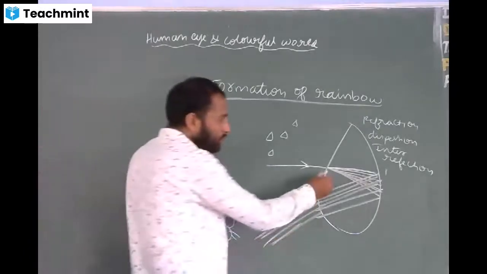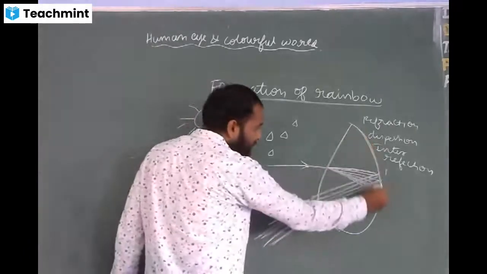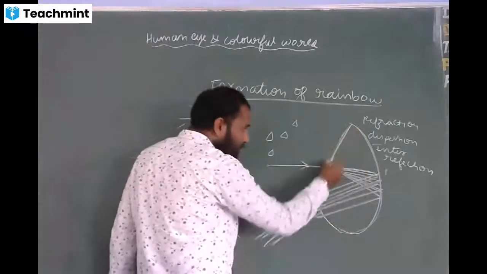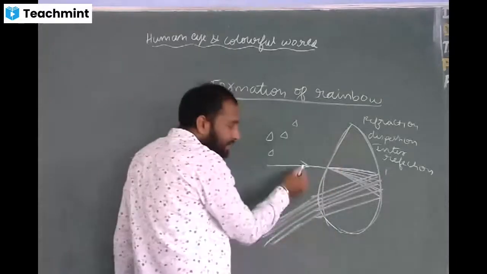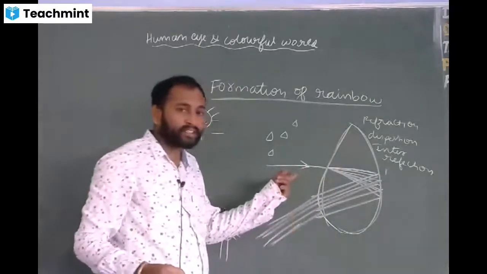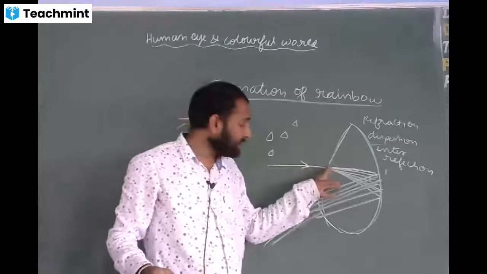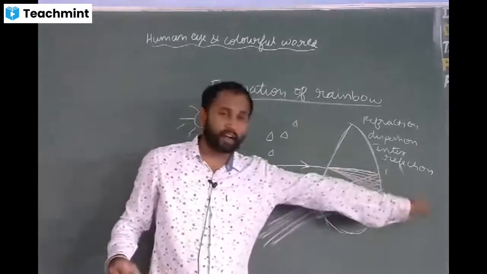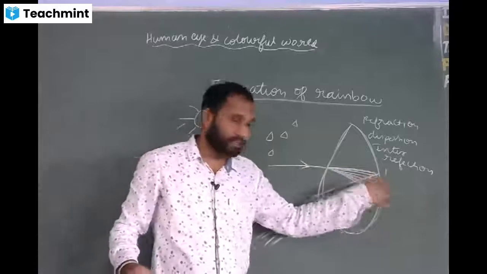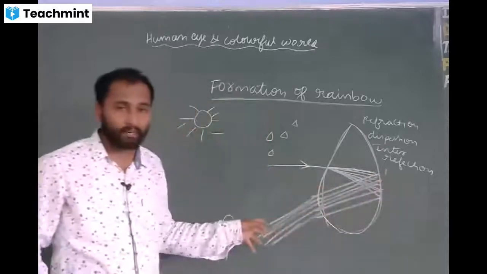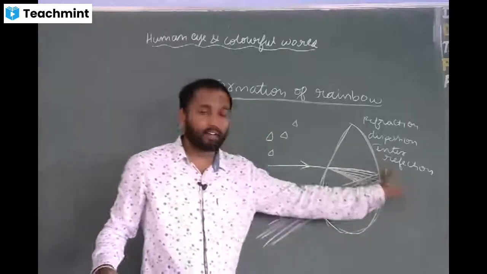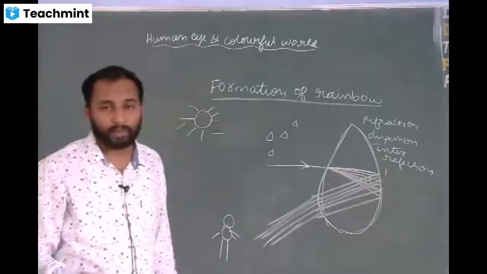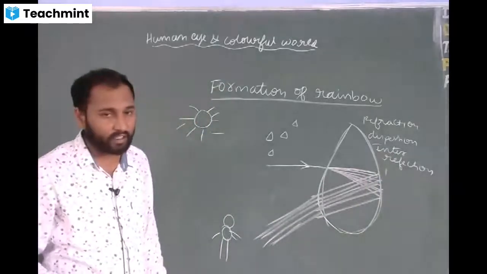Sir, this is also the surface of the water droplet. As the beam of sunlight is entering through this, here it is refracting. Why here it is reflecting, sir? It has to refract, no? The light ray has to refract here. Why is it reflecting back? Because of total internal reflection. In the previous chapter, I discussed total internal reflection.